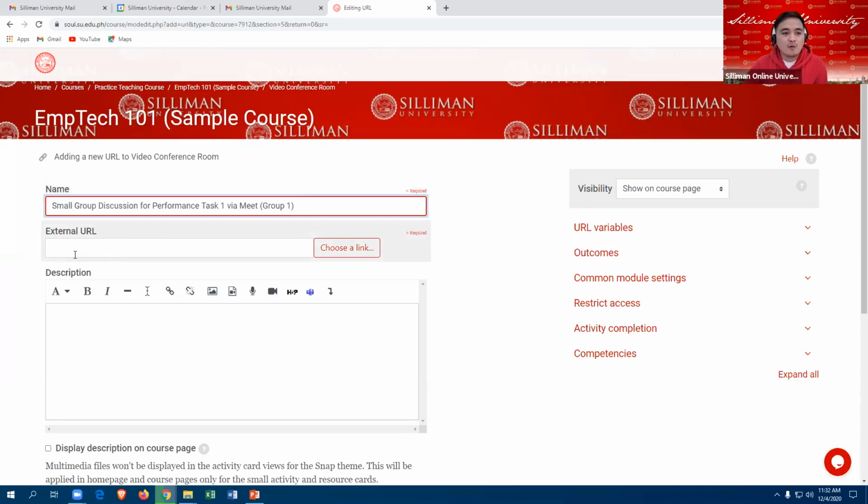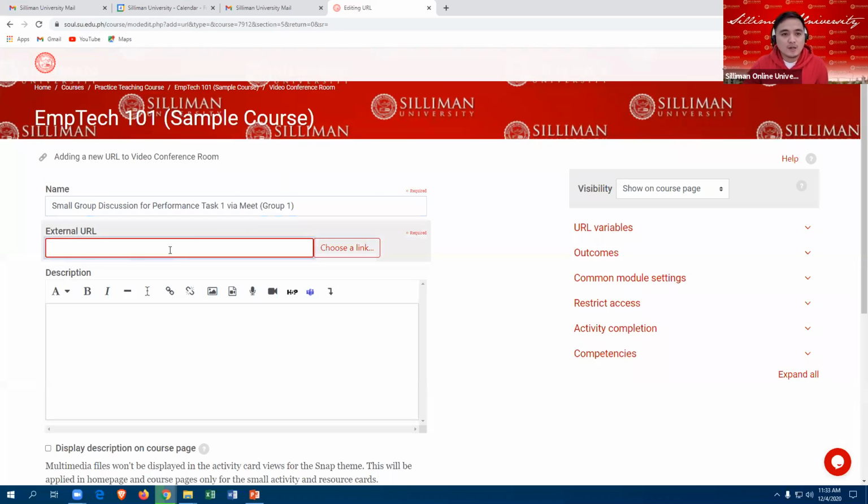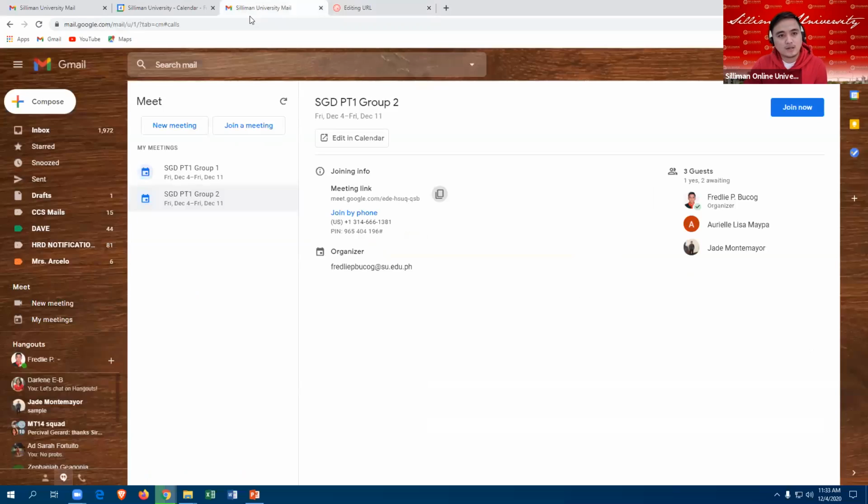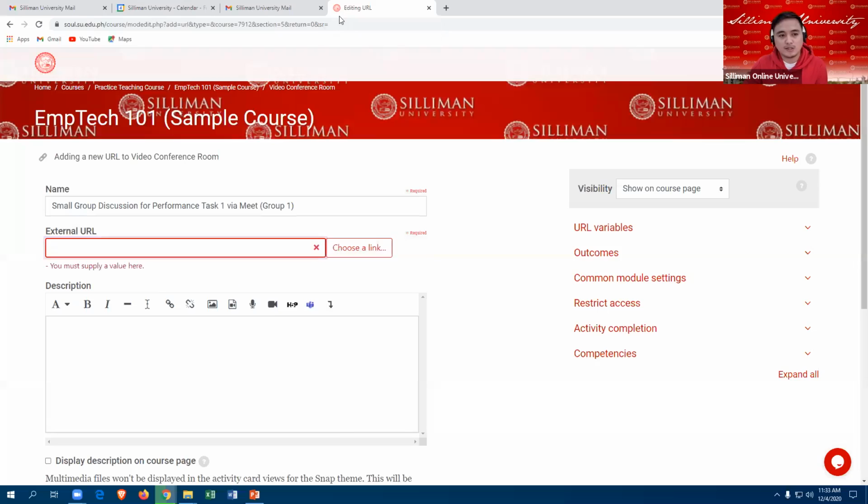And then we will proceed with the external URL. So we will just go back again to our Silliman account. Here we can see we have group 1. We will simply copy the meeting link, and then proceed to the MySoul account.